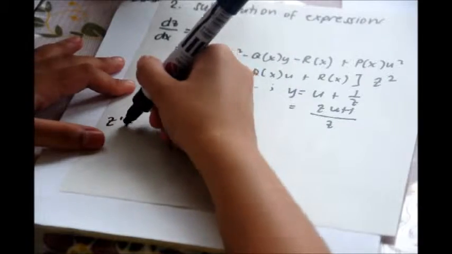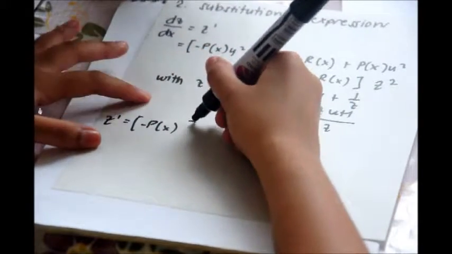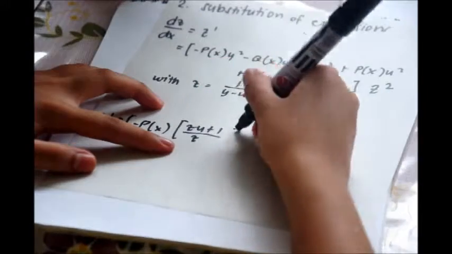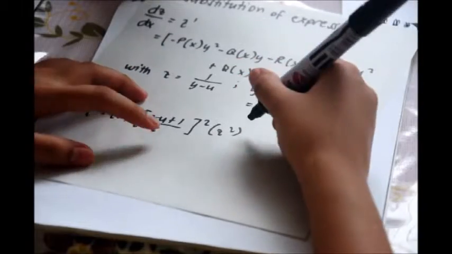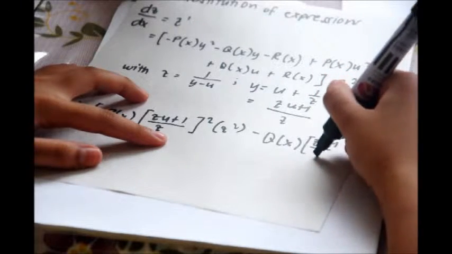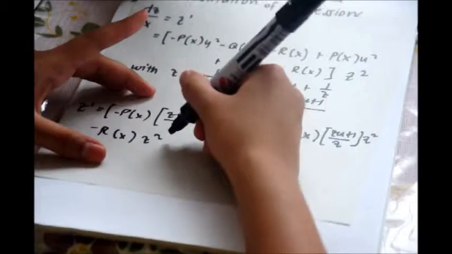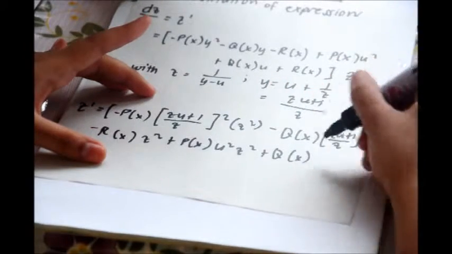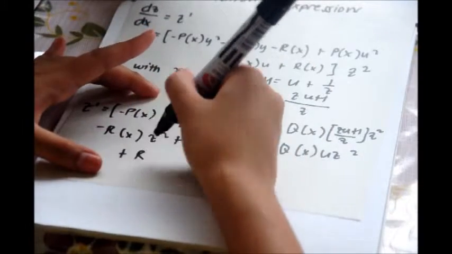So now it becomes z prime is equal to negative p(x) times (u plus 1 over z) squared times z squared, minus q(x) times (u plus 1 over z) times z squared, minus r(x) z squared, plus p(x) u squared z squared plus q(x) u z squared plus r(x) z squared. Now,